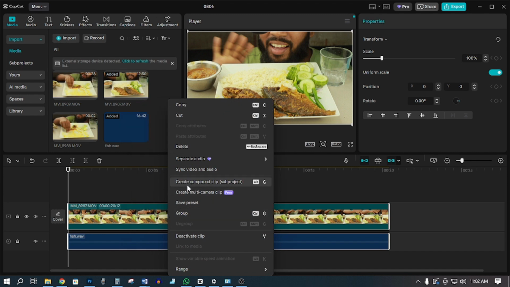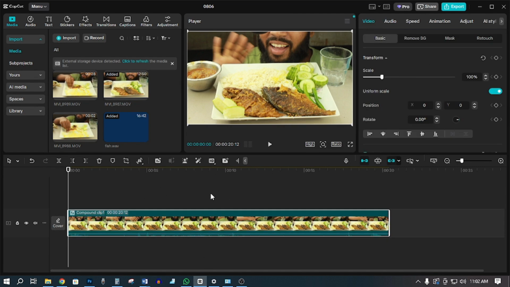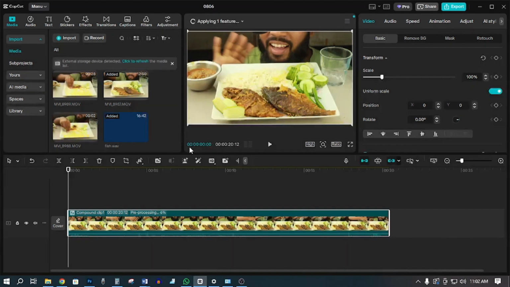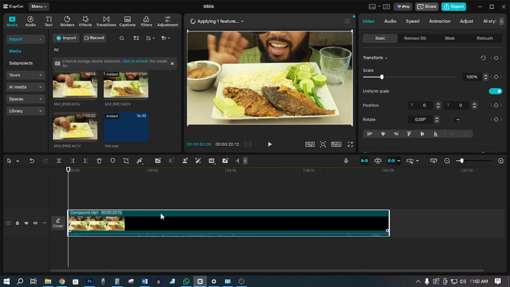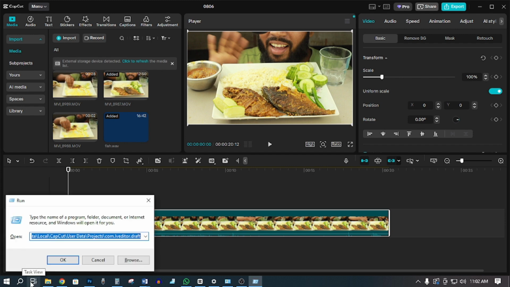Compound your project like this, and first click pre-process compound clip. When it reaches 100%, then follow this process. Press Windows plus R on your keyboard, and then